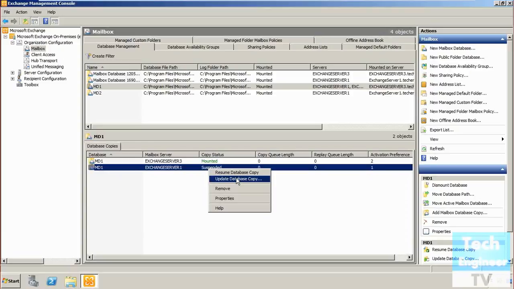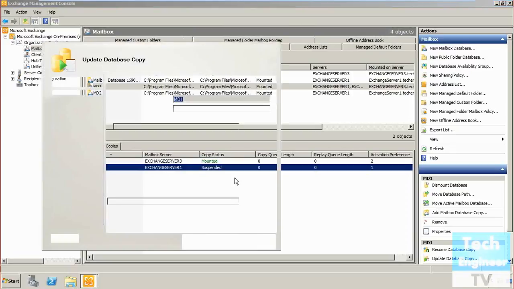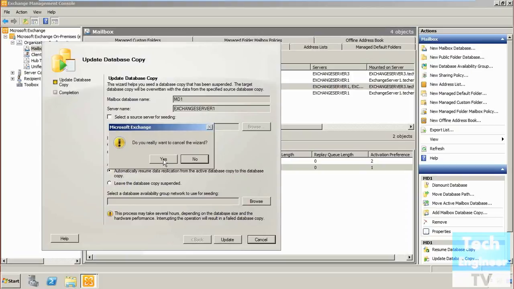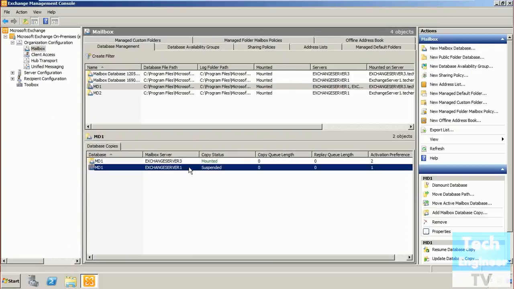When you click on update database copy, you will get to know about the process of how to update. Select the server settings, the large file, the target path. You can add as much as you need, whatever options there are according to your needs. You can update that database copy.